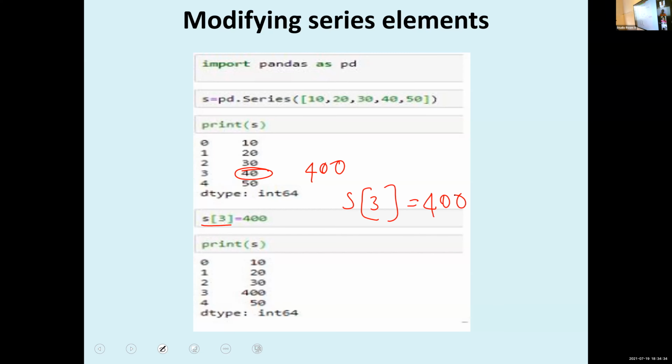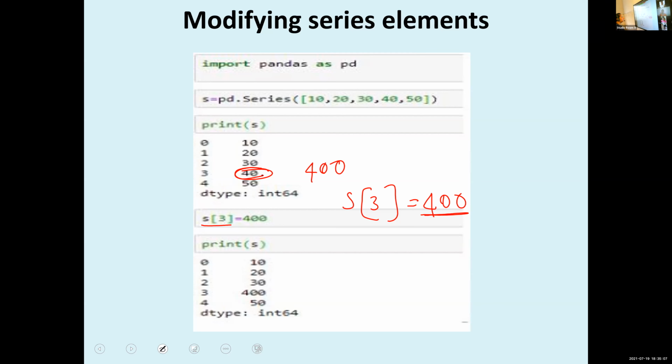S of 3 equal to 400 means 40 is removed and in that place 400 is assigned. After executing it, the series is like this: 10, 20, 30, 400 and 50.